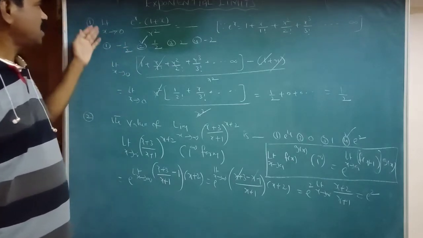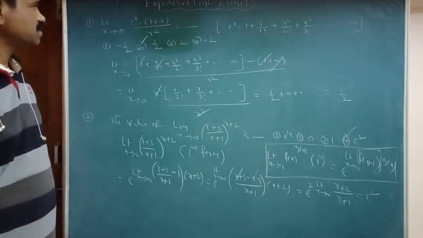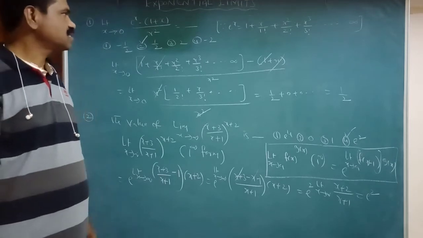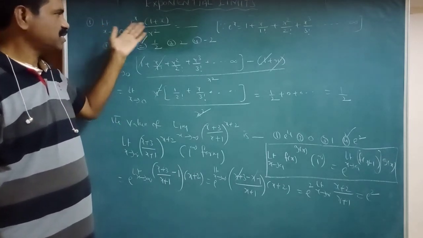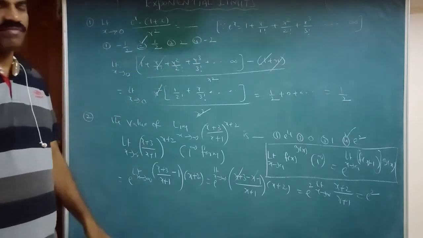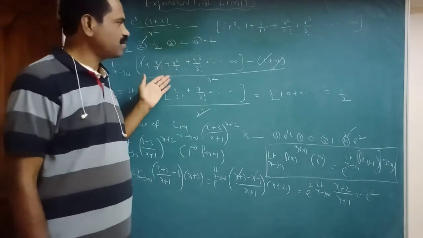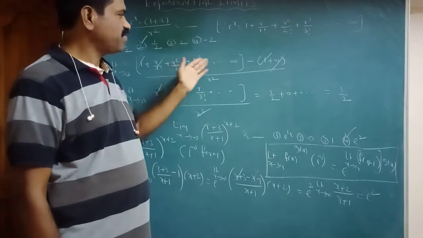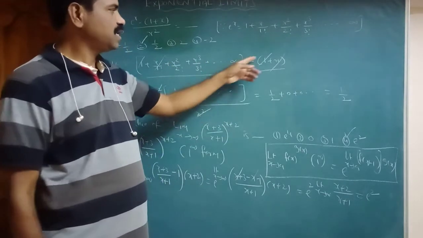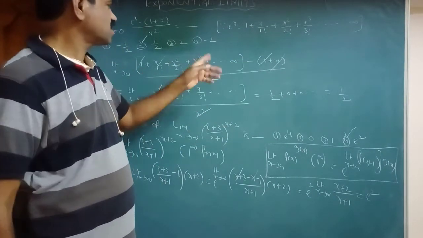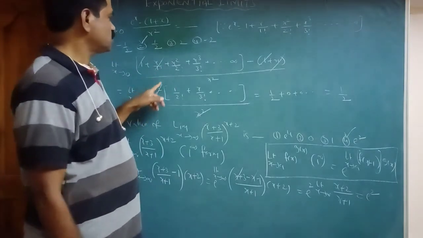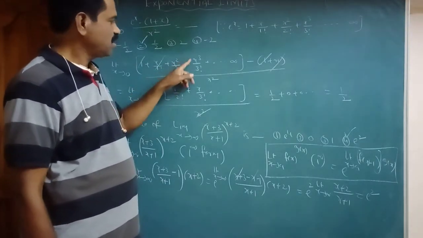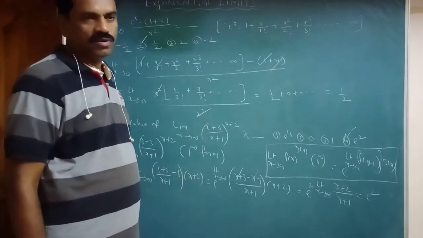What is the problem here? Limit x tends to 0, e power x minus 1 plus x, by x square, is dash. So we know that, limit x tends to 0, in place of e power x substitute 1 plus x by 1 factorial plus x square by 2 factorial plus x cube by 3 factorial plus so on to infinity, minus of 1 plus x. 1 and x cancel. So what remains here? In the numerator x square is common, so 1 by 2 factorial, 1 by 3 factorial plus so on to infinity.